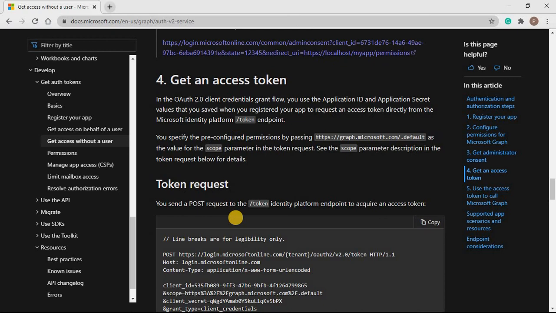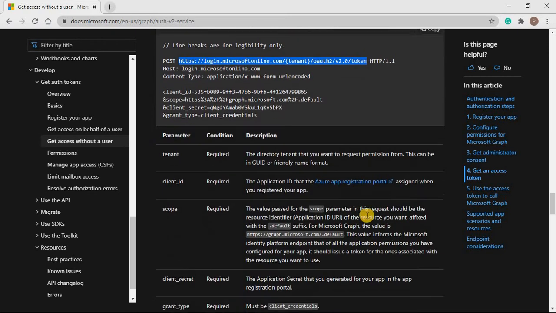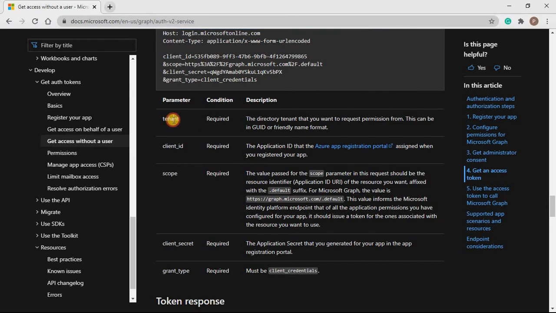Once we get the tenant identifier, we will be able to get the access token by making a POST request on the token API endpoint, in which we have to pass the following parameters: tenant, whose value will be the tenant identifier which we got after the successful authorization, the client ID which we get from the app registration, and the scope, whose value will be graph.microsoft.com/.default. It is fixed and we don't have to change it. If we have to access the Microsoft Graph APIs, then we have to pass this as the scope.